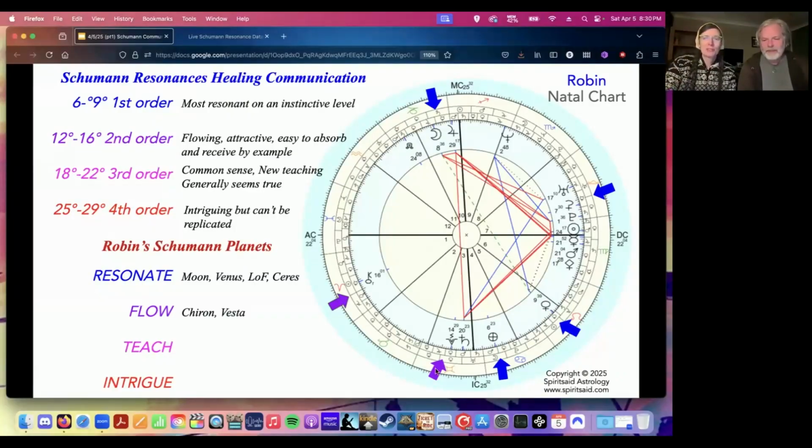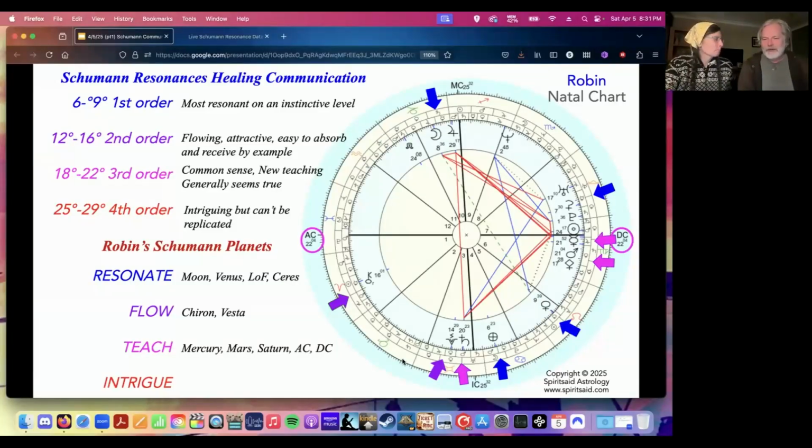So those would be good ways to learn from example. If I was going to do a live demonstration, those would be great things to dive into. Now, then I have a lot of the teaching order planets. Yeah, everyone notes, even before we knew about astrology, even before we knew about these orders or anything,